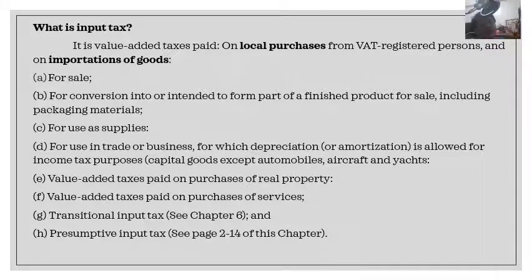So, ito yung mga sources ng input tax mo. Yung letter A to H kapag ikaw ay engaged in sale of goods and services, barter or exchange. Kasama na yung importation. So, syempre, makakakuha ka lang ng VAT sa iyong purchases kapag ang binibilhan mo ay mga VAT registered person din.